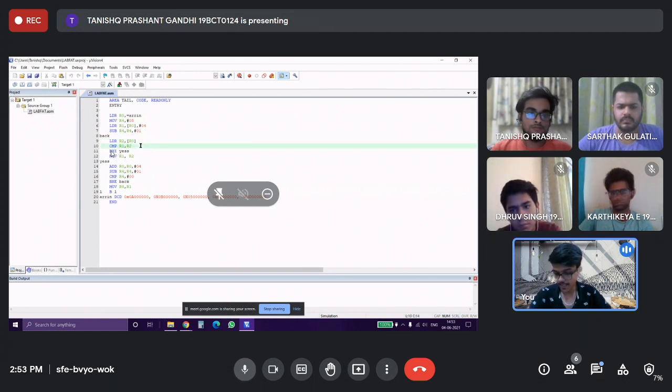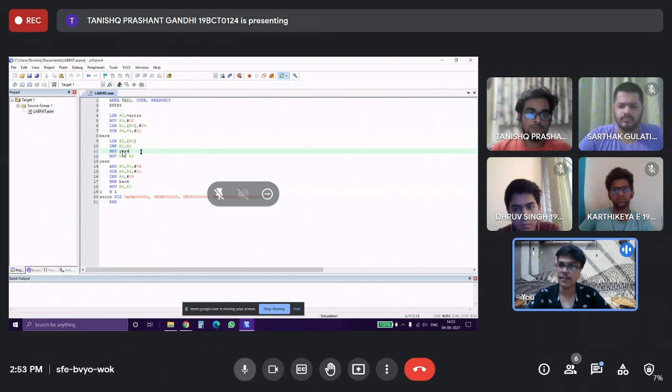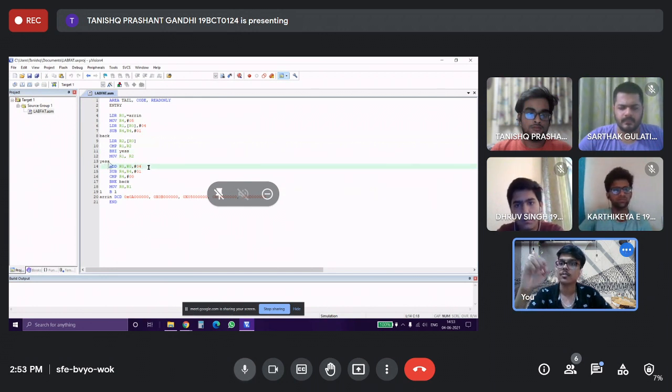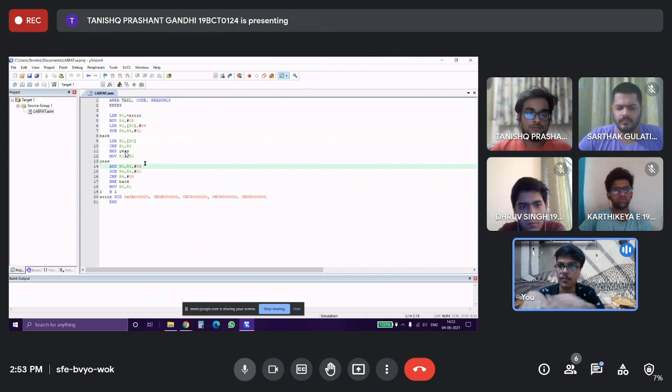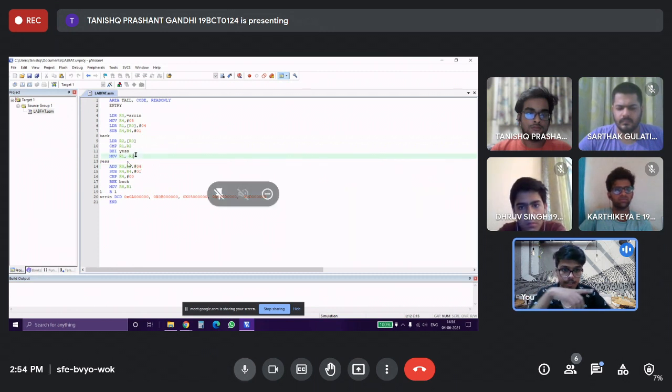BHI means branch if higher than. So if the value of R1 is greater than R2, then it will branch to yes. And if the value is not greater, then MOV R1, R2 will be executed, and the value of R2 will be stored in R1.